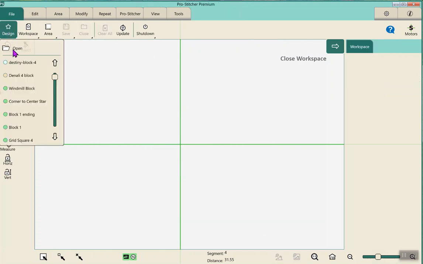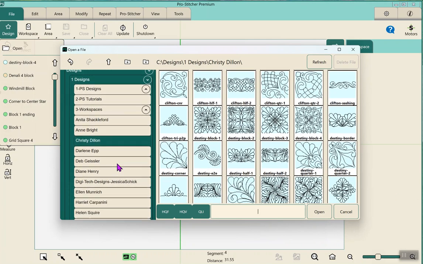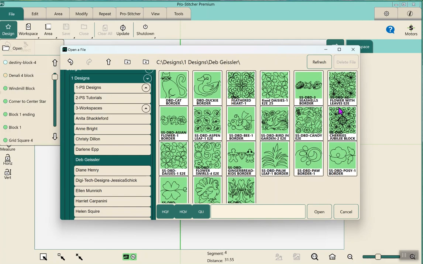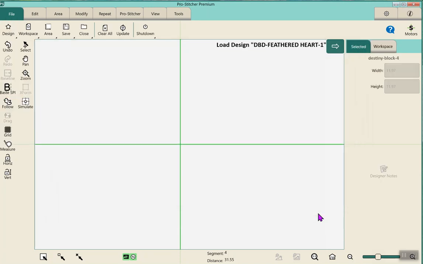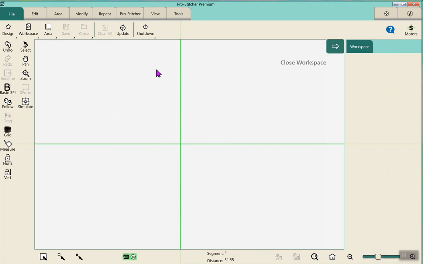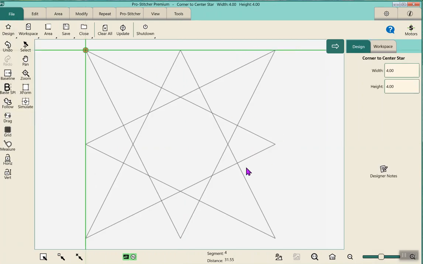So look at different designs to see what might work. If I go to Deb Geisler, let's see if she has a block in there. I don't see a block in here that would probably work. Sometimes you can use, let's see what that one looks like. Nope, it's in the middle. So you would look at blocks that had a start and end at the corner, just like the windmill block, or even something like this corner center block, where it's something that starts and stops at the edge. Anyway, all right,